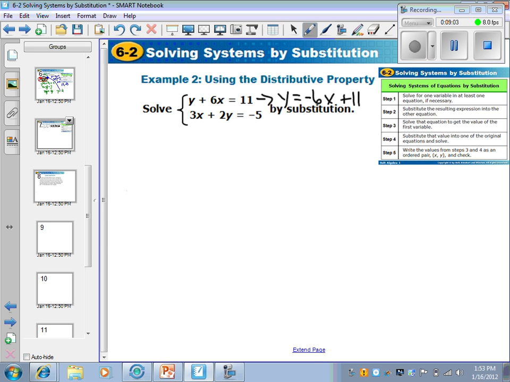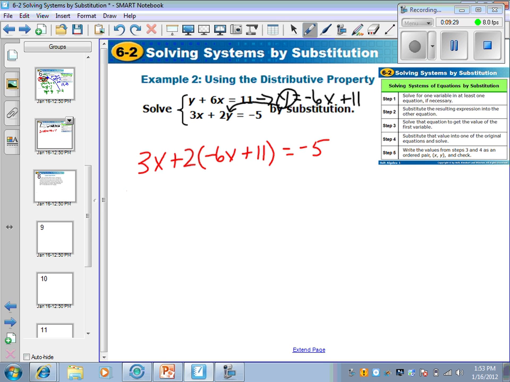So now that I've changed this top equation, I'm going to plug in for y in the bottom equation. That's going to give me 3x plus 2 times, notice I have to use distributive property because this is saying 2 times whatever y equals. Well, y is equal to negative 6x plus 11, which is all equal to